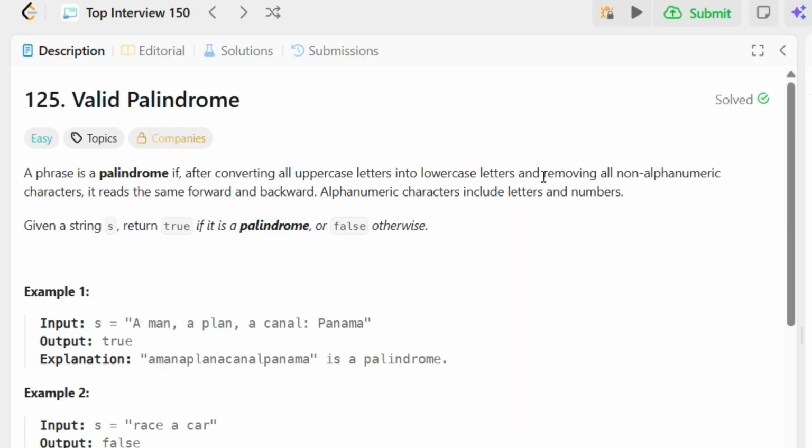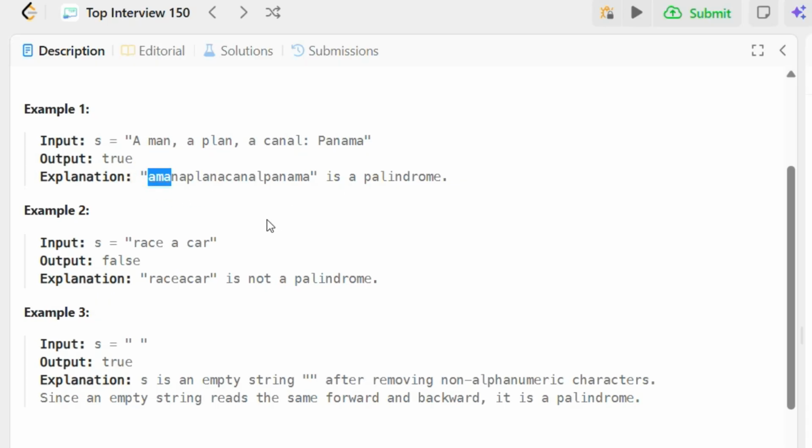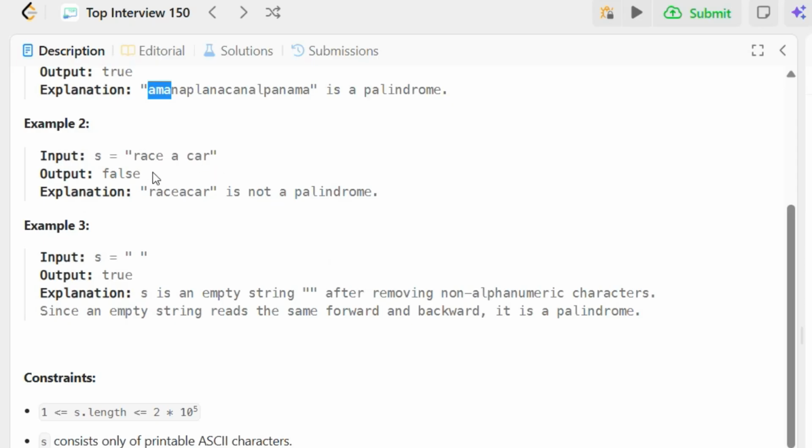But the extra instruction they are giving is removing all non-alphanumeric characters. It means that after removing them, the given string should contain only alphanumeric characters. Here they have given 'A man, a plan, a canal: Panama'. After removing all these things, you will see this is a palindrome. There is also 'race a car', and after removing the spaces, it will become